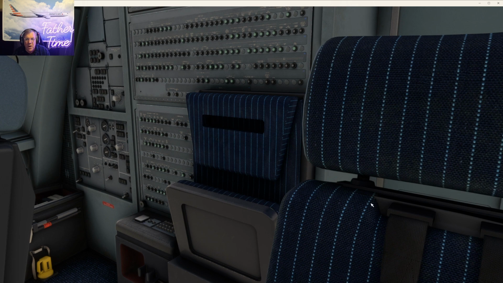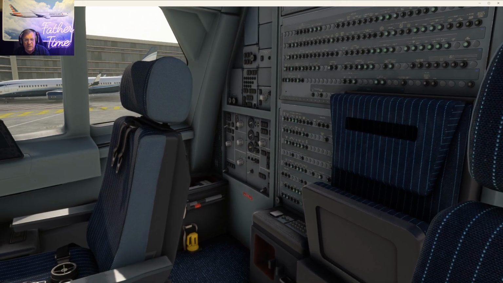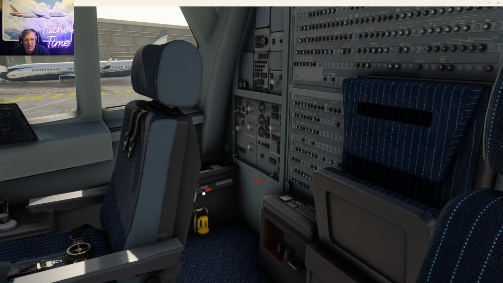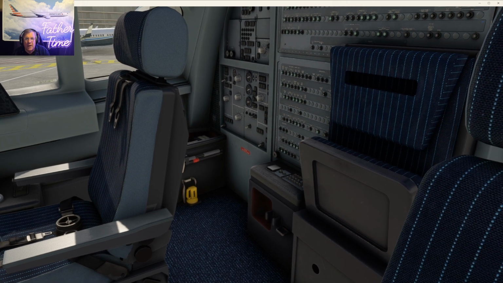Make sure that's in the blue. Halon fire extinguisher, make sure that's in the green. You've got the crash axe, electronic flight bag on both sides, the life vest behind the seats. You've got the CDL, configuration deviation list, any maintenance logs, and the spare pins are there, and you got the